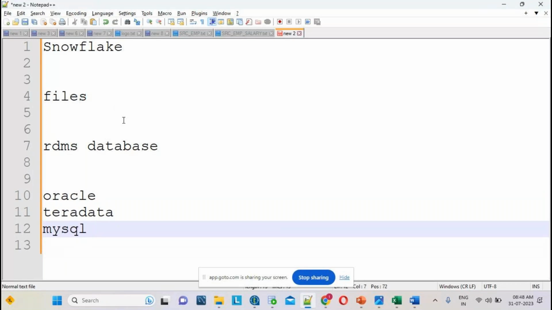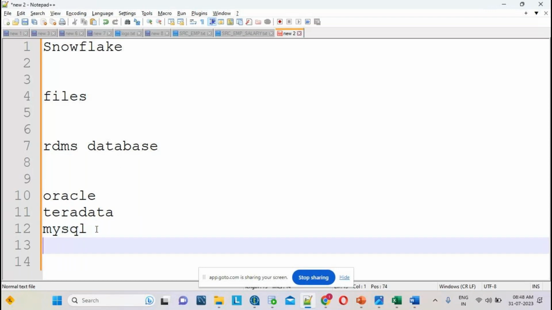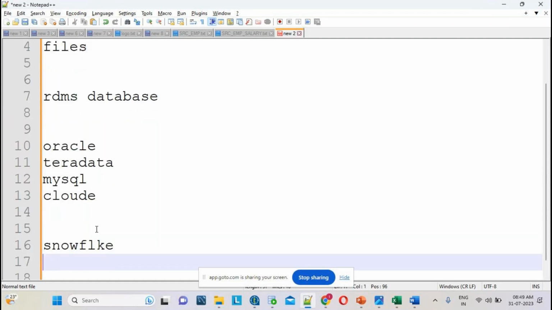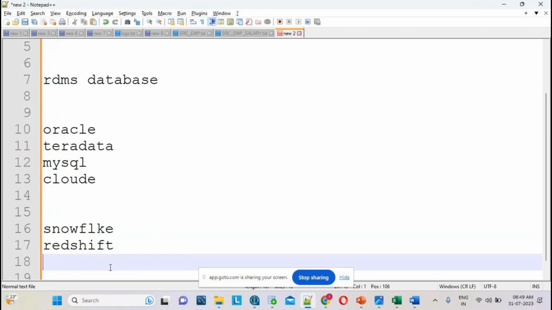Nowadays cloud is more prevalent, right? That's why we can connect to the cloud. So it is called a cloud data warehouse, Snowflake, along with Redshift. Multiple cloud databases are there.